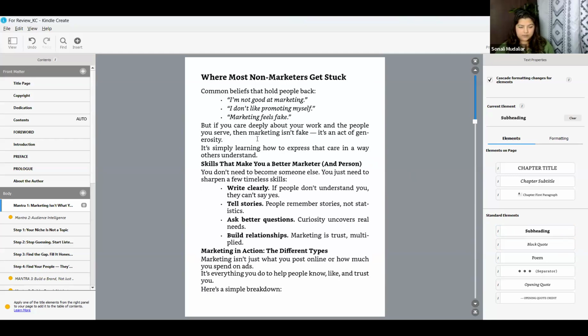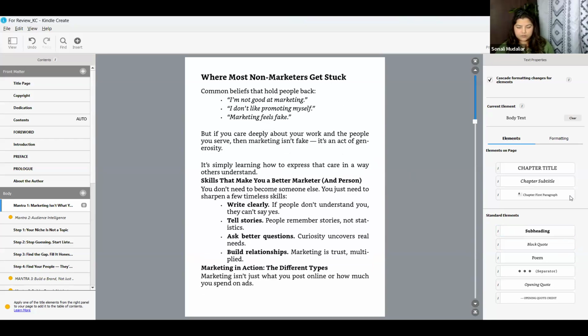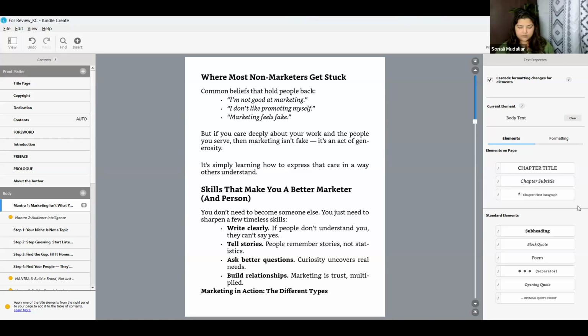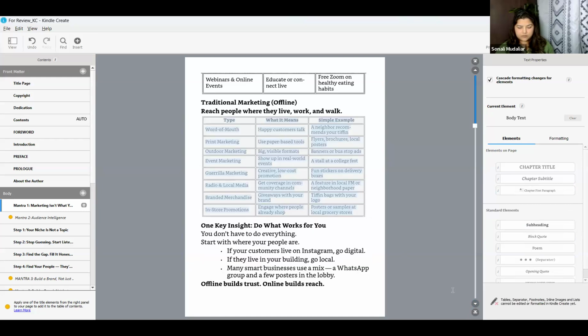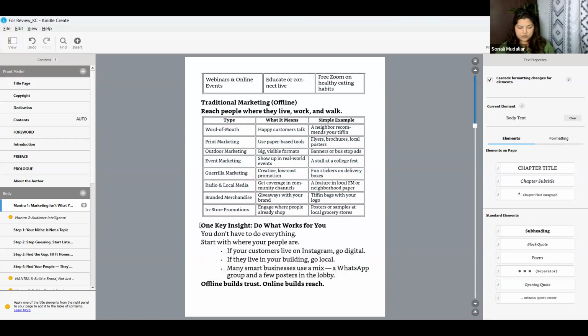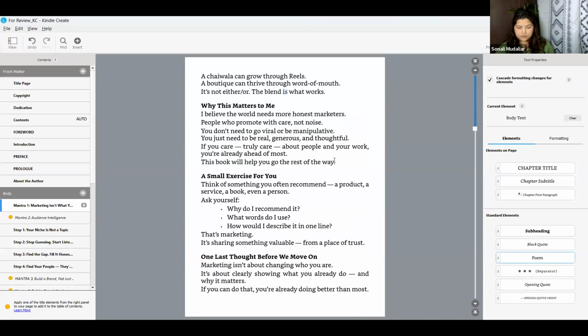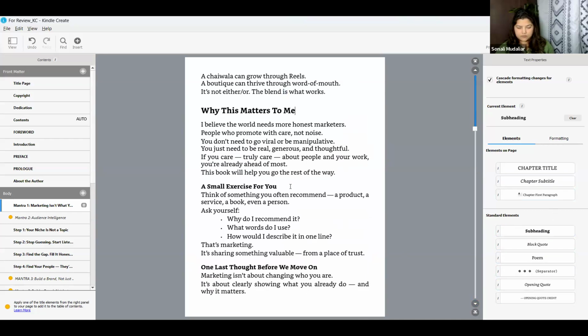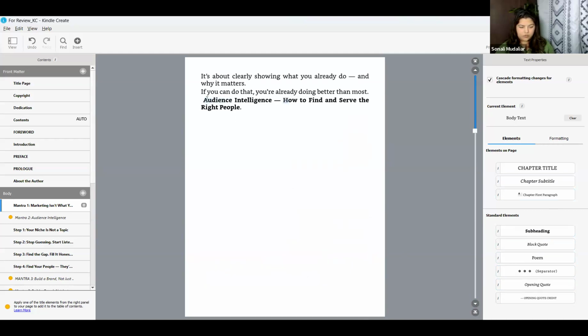So I'm just switching in between. See, if you notice, there is a space that is being missed.